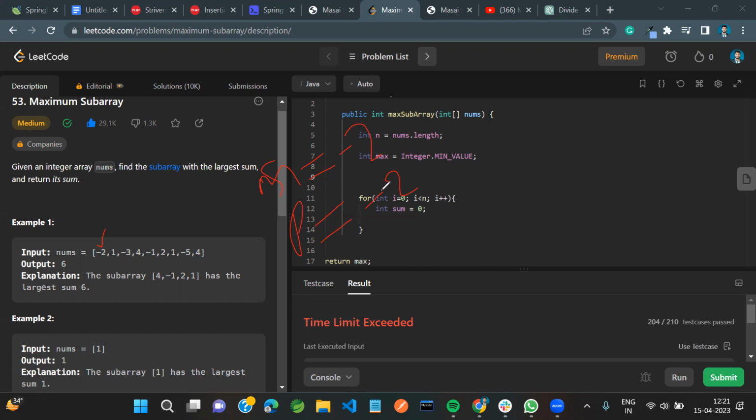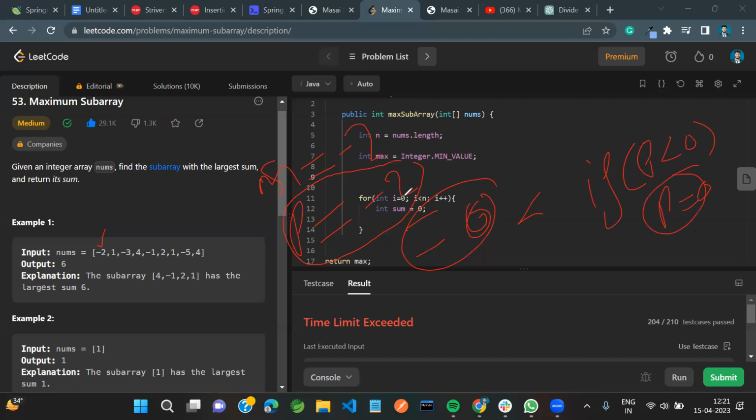And the next condition we will check over here, that if this previous is less than 0, then we will update this previous to 0. This is the case over here. If the previous is less than 0, we will update this previous to 0, because the reason is that,